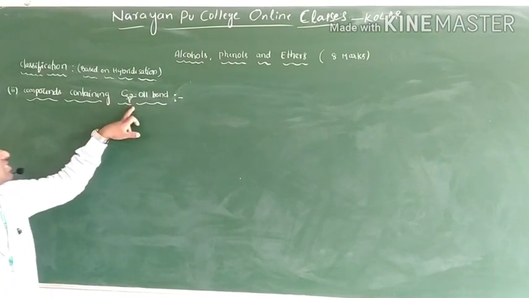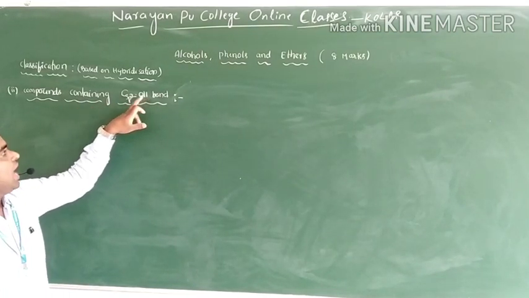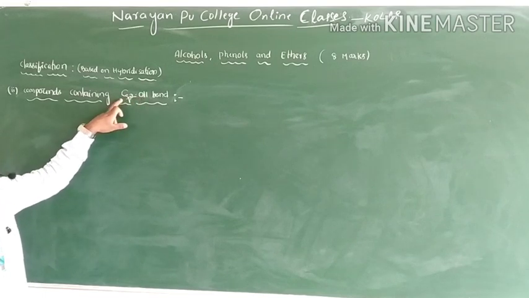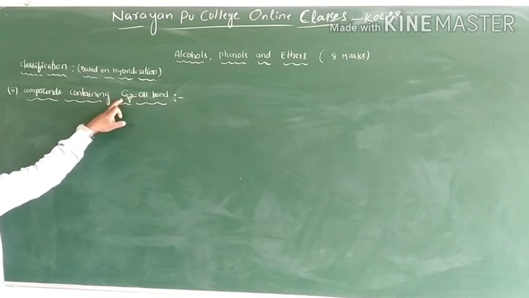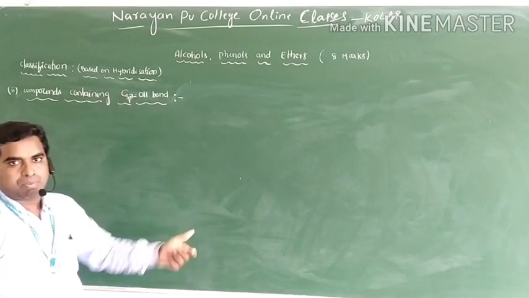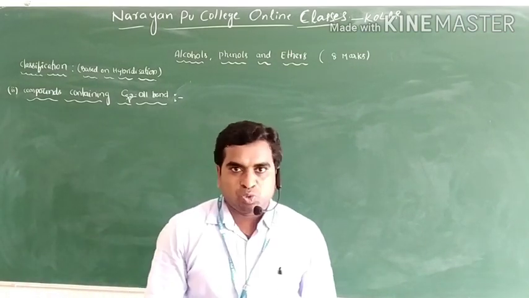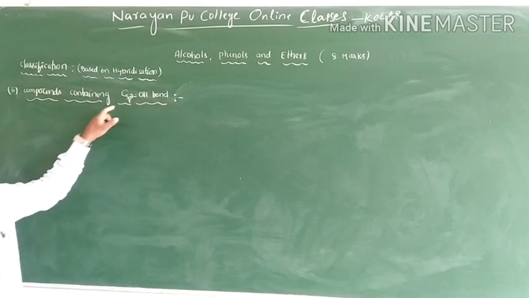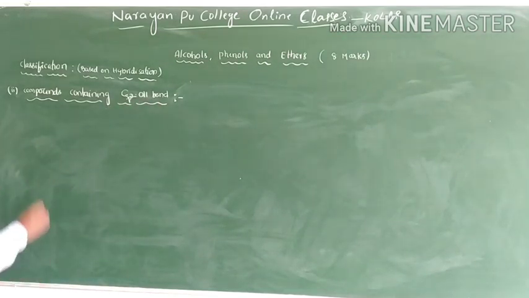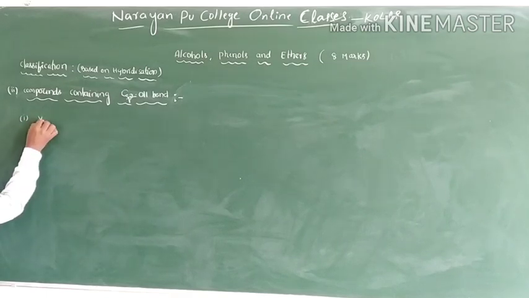What does it mean here? C sp2-OH bond means OH should be attached to the double bonded carbon. You know what is the hybridization of double bonded carbon? sp2. So that's why OH should be added to the double bonded carbons. And these are mainly two types. One is vinylic